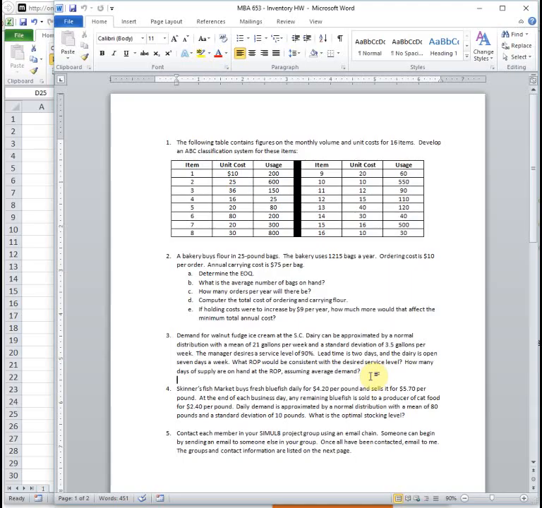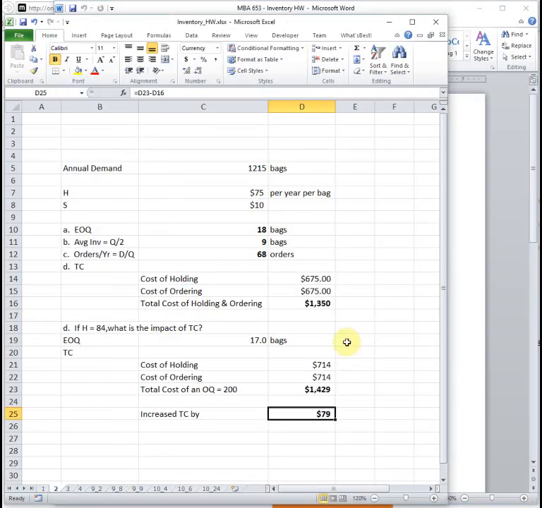So if that's true, then your standard deviation of lead time will be 0. There's no variability. If I said the average lead time was 2 days and the standard deviation was 1 day, well, then you've got a standard deviation. But when the statement is lead time is 2 days, that means it's 2 days every time, all the time. It's a constant. So the standard deviation is 0. So once we have that,